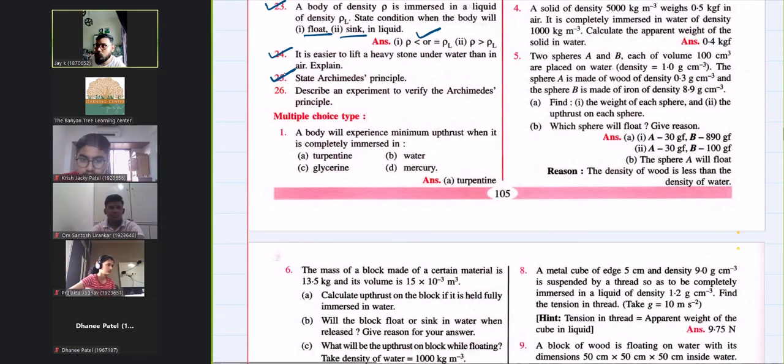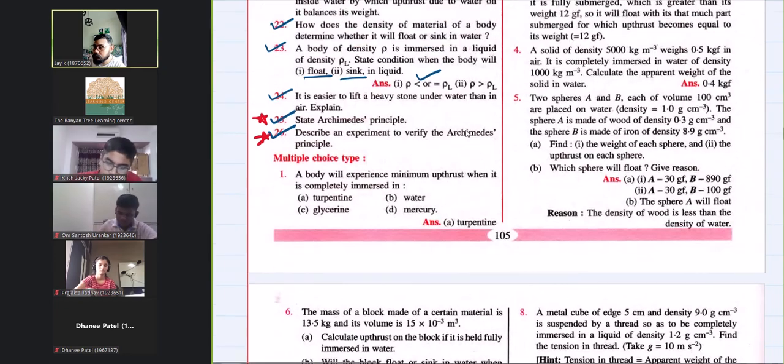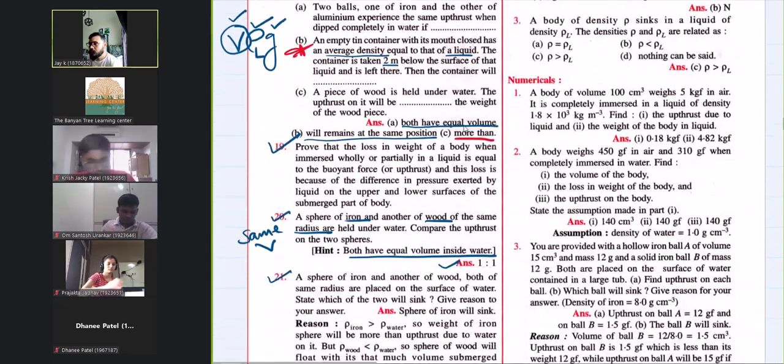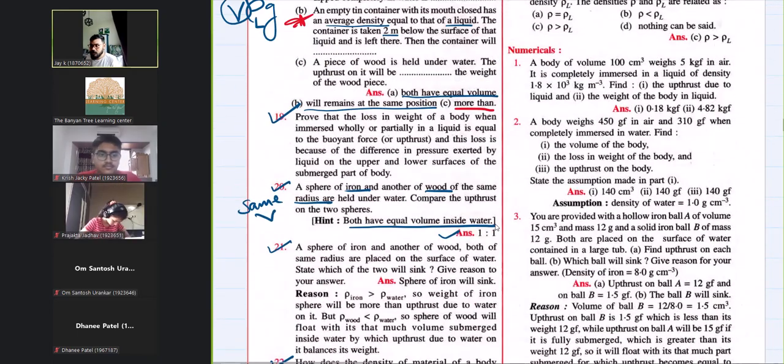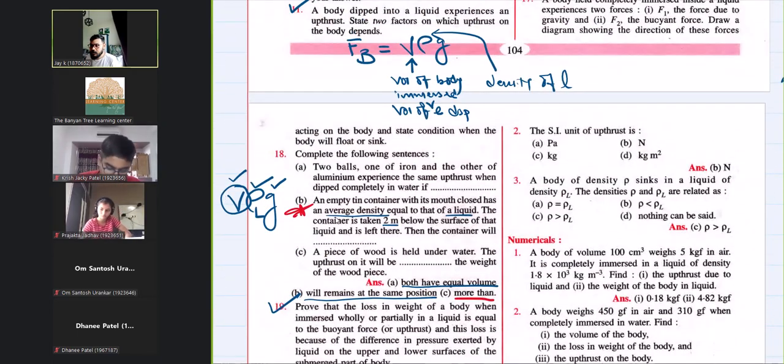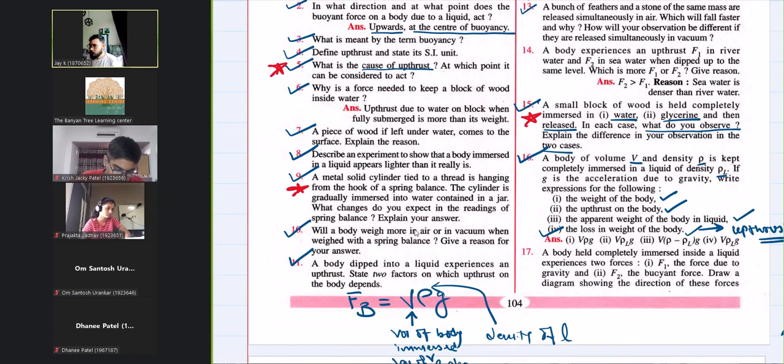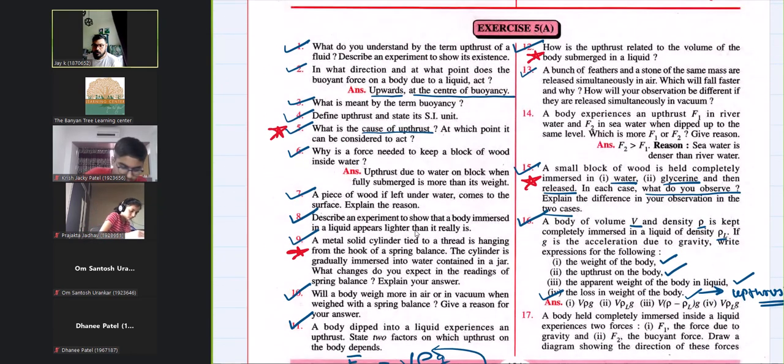You need to write question number 25 and 26 as well. Okay, so I've discussed all the theoretical questions, and I've given you some homework, that is question 25, 26, 18th का B का reason you have to find, question number 15, 12th, 9th, 5th. ठीक है? That is your work for today.